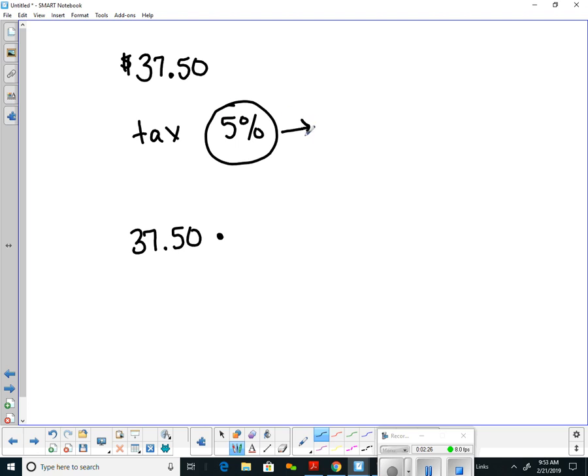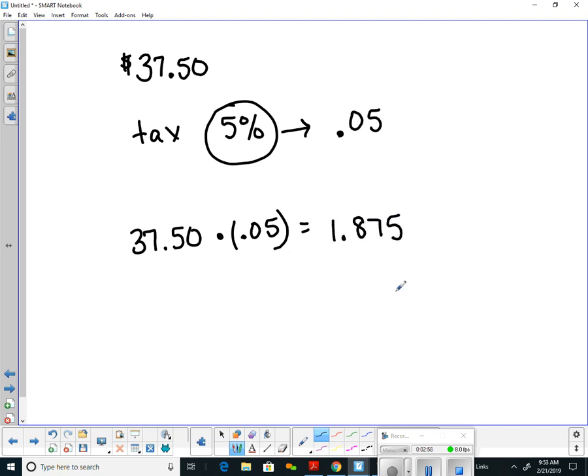Now remember, to change that to a decimal, you're going to take the current placement of the decimal, which right now is behind the 5, and move it 2 places to the left, and that will cause me to drop the percent sign. So I have 0.05. So I'm going to take $37.50 and times it by 0.05. Okay, so when I do that, using a calculator here,